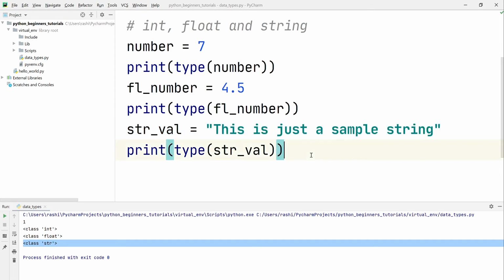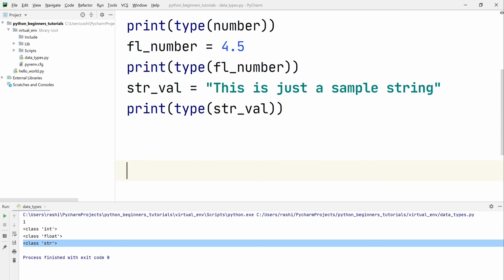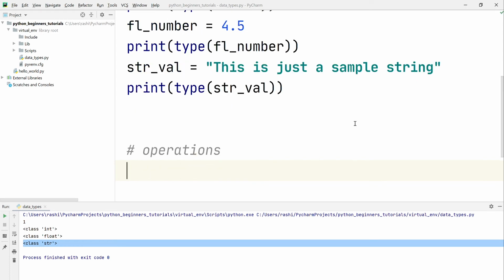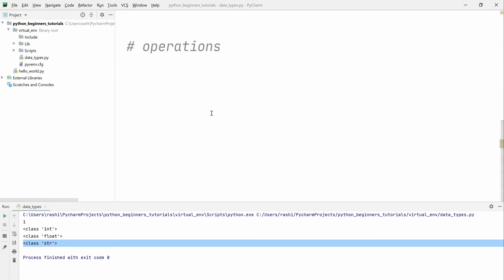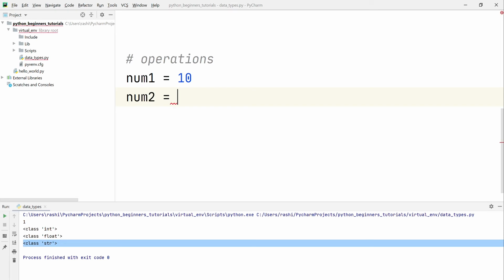Okay, so let's perform some operations with the different types. Let's comment this code. Let's say I take a variable num1 equal to 10 and one more variable num2 equal to 25, and we ask Python to print the sum of those numbers.